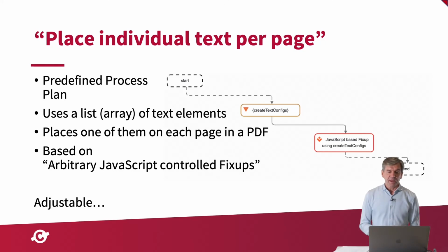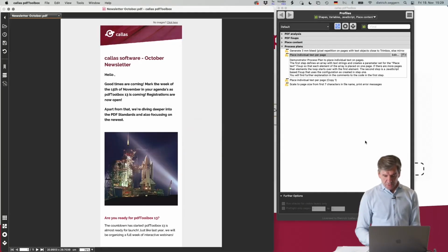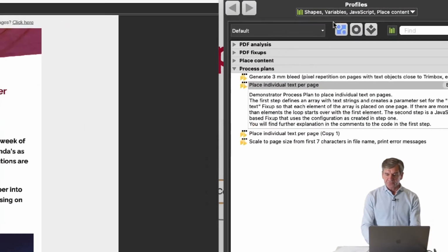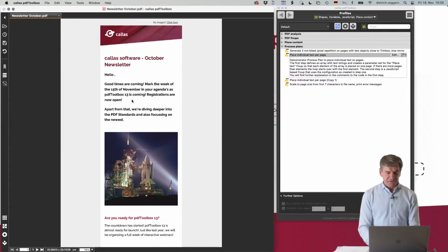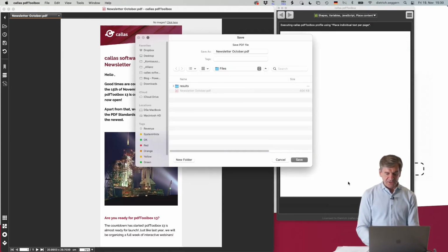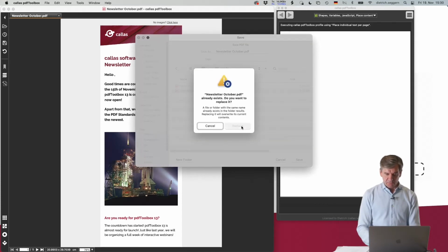There's a process plan with the name place individual text per page, and I want to briefly show that here. I am in the library shapes, variables, JavaScript, and place content. And there is the process plan with the name place individual text per page. And I have a PDF file here on my left-hand side with 5 pages. And if I now just apply the process plan and save the result as I have done before,